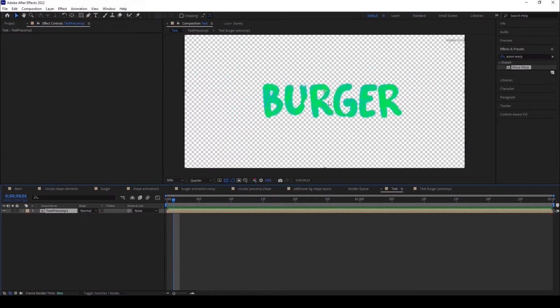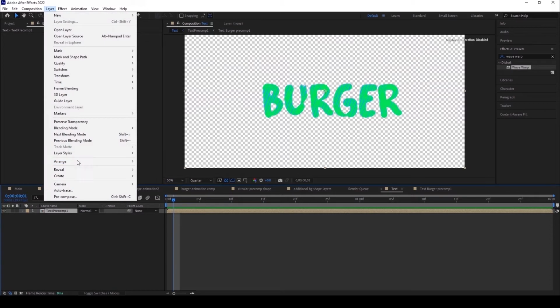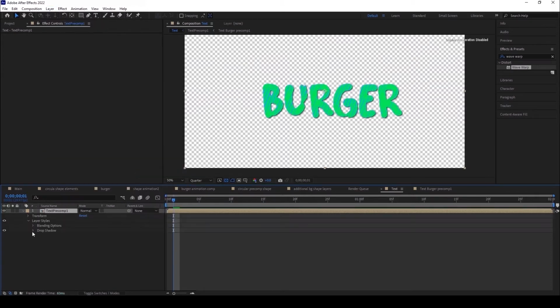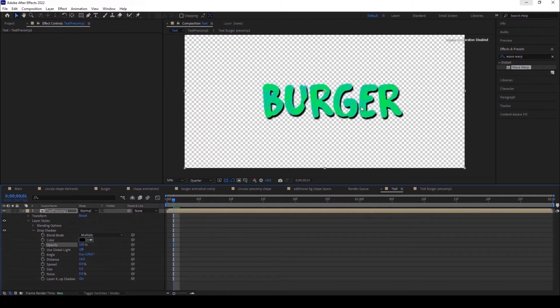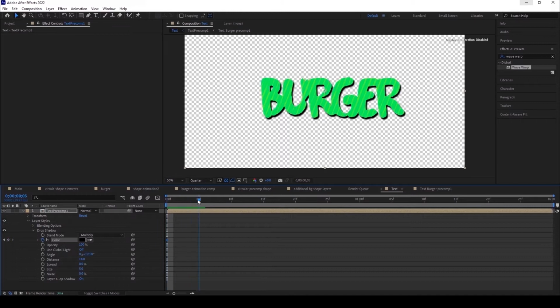I need to add one more effect called the drop shadow effect. Go to the layer and add a drop shadow from it and tweak the distance settings here. It's 5. I need the long shadow to be a little bit more distance from our object. Now I need to increase the opacity to 100. Initially it's in black color, and just go to the